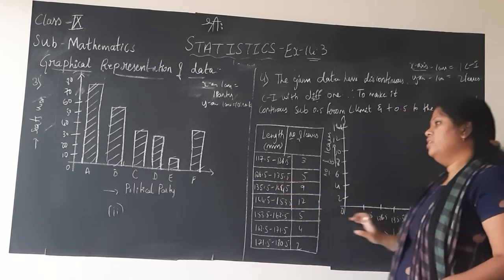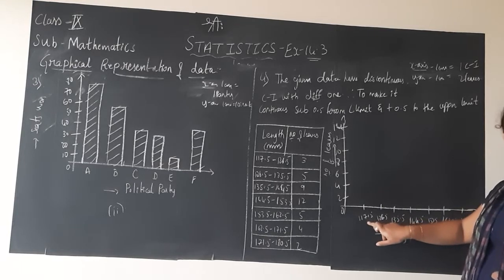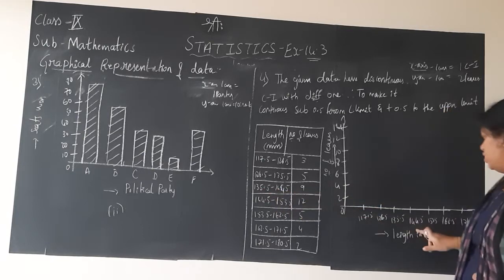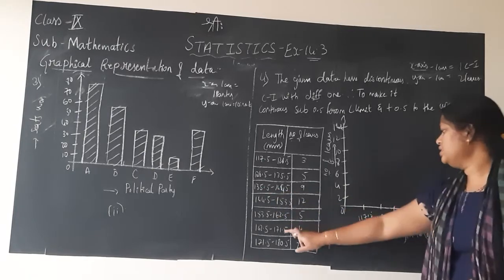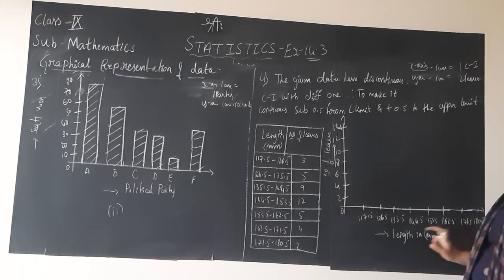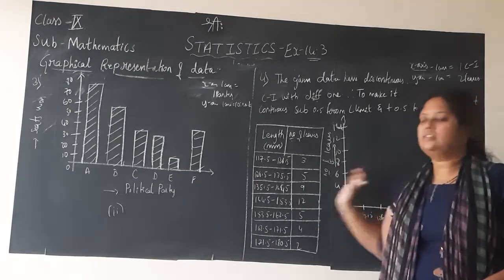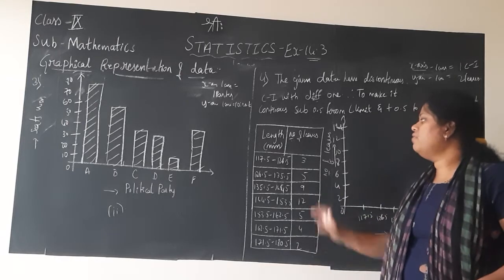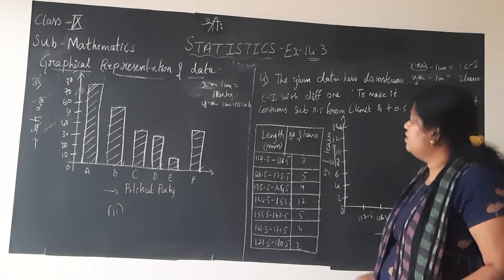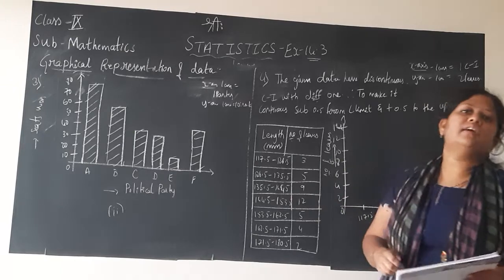You need not write 126.5 again, you can write 135.5. Why? Because 126.5 is overlapping, it is continuous. Like that: 117.5, 126.5, 135.5, 144.5, 153.5, 162.5 and 171.5, and the last class interval ends at 180.5. Like that I have marked all the values of the class intervals on the x-axis. On the y-axis we have the number of leaves. 2 is the least and 12 is the highest. So 2, 4, 6, 8, 10, 12, up to 14 I have chosen since 12 is the highest.